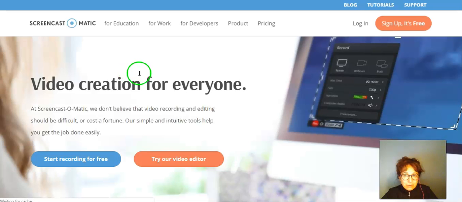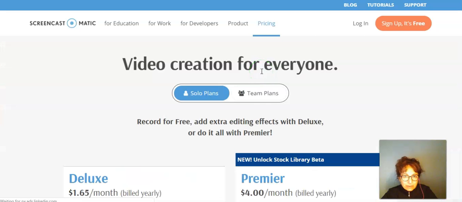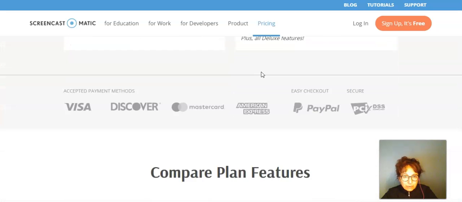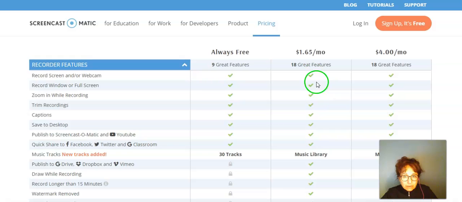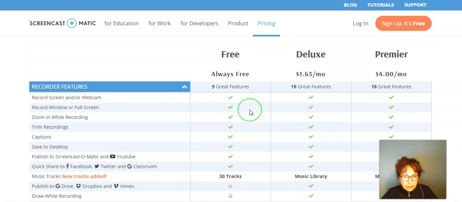Here we go. Now you can either create an account, sign up. It is free to sign up, and it will always be free to use the free recorder. I'll show you the pricing for it. Look at the plans just quickly. So if we go down the bottom here, we'll see the always free, the deluxe and the premier. Now I do have the deluxe, but I'll just show you how easy it is to just, for the moment, for this